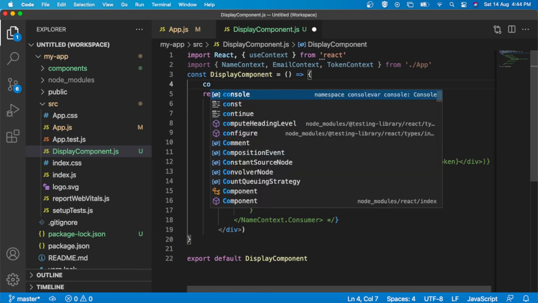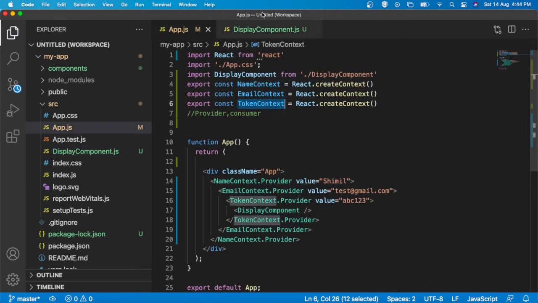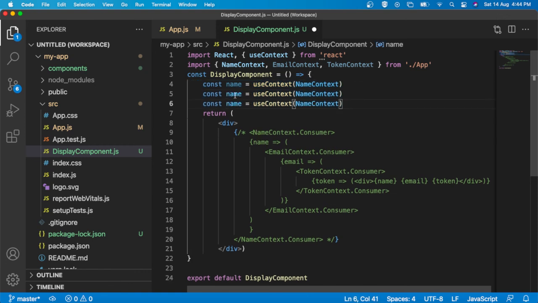For that, I had to write const name, use the useContext hook and supply the context which we are exporting from app.js. Then you can replicate it for email and token, supplying the corresponding context here. This should be the token context.